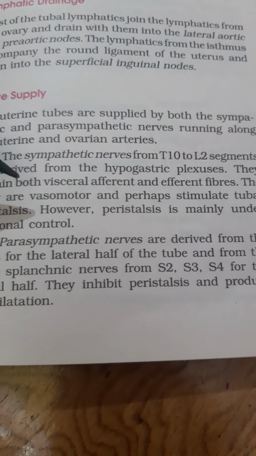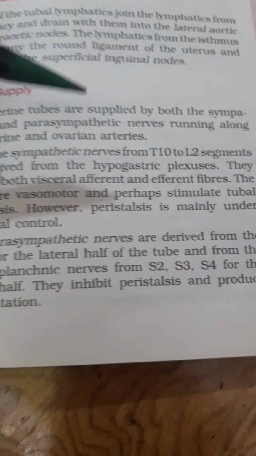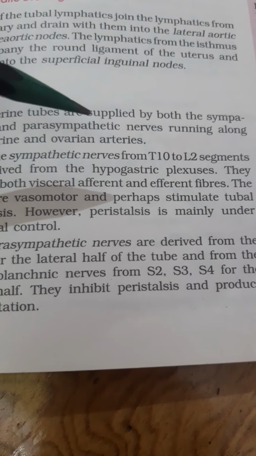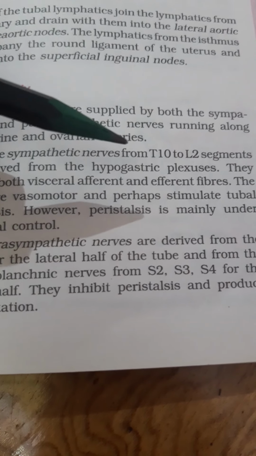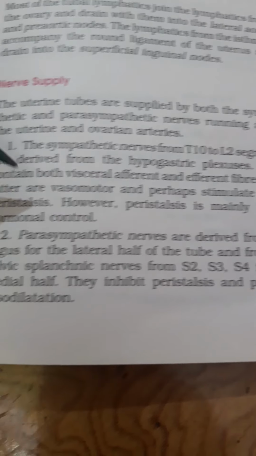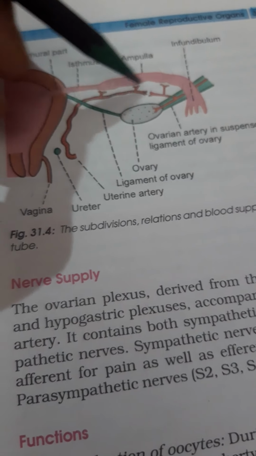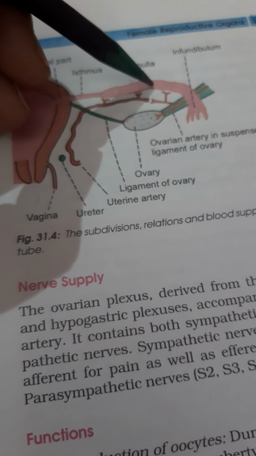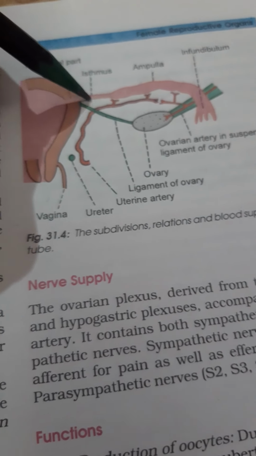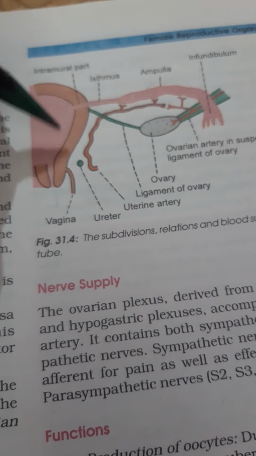And why is the peristalsis important? For the movement of the sperm for ovulation, and then for the fertilization, and after the fertilization, the peristalsis is important for the movement of the fertilized ovum into the uterus. The peristalsis here causes the sperm to reach this particular area where the fertilization takes place, and after fertilization, the peristalsis helps in the movement of the fertilized ovum into the uterus for its implantation.